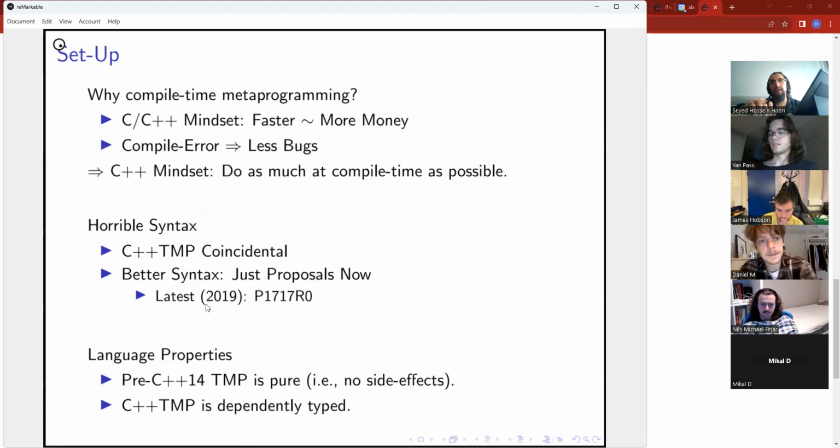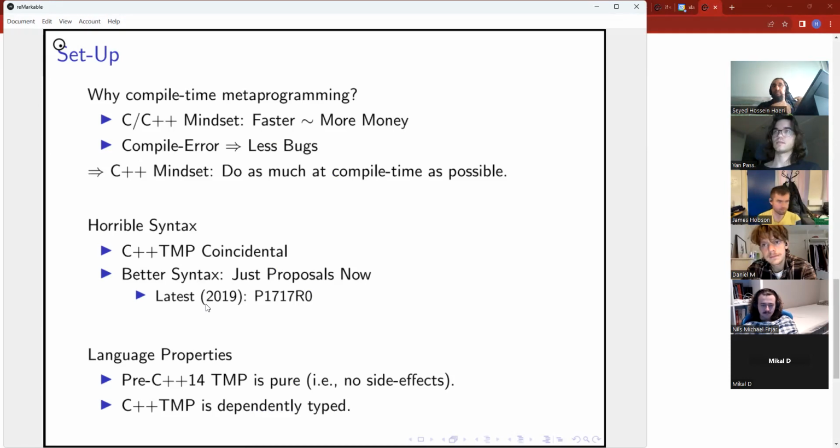I'm teaching you all this because the C++ mindset about metaprogramming is that if I can push as much of my logic into compile time as possible, then I'm going to have code that is all set for runtime, and therefore I'm reducing the runtime overhead, right?